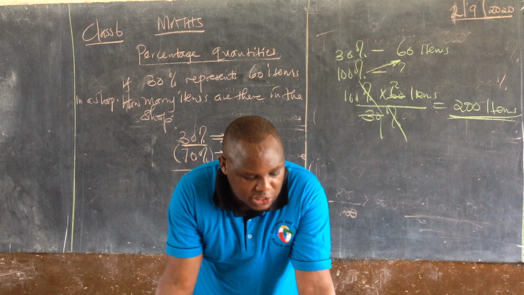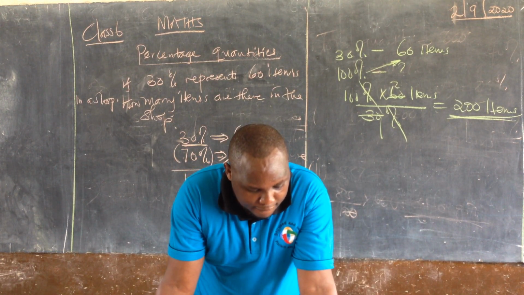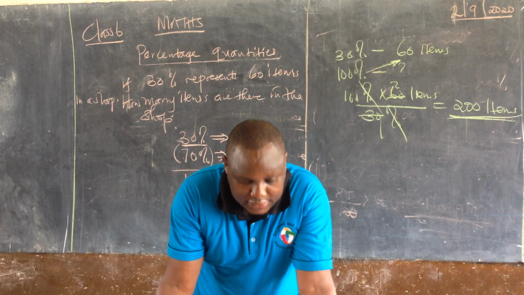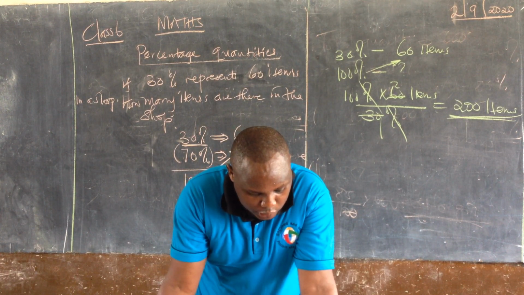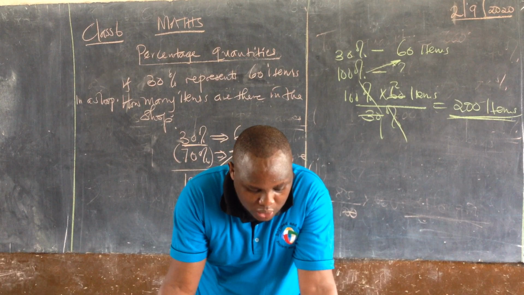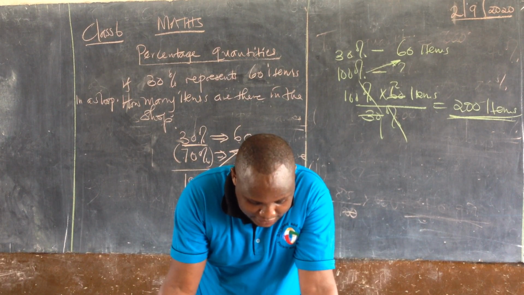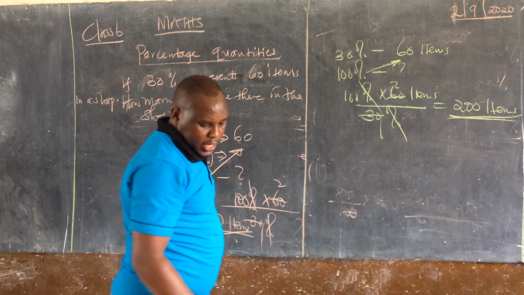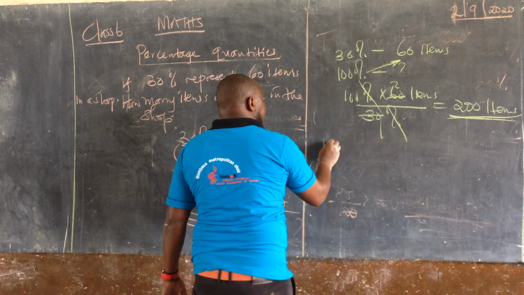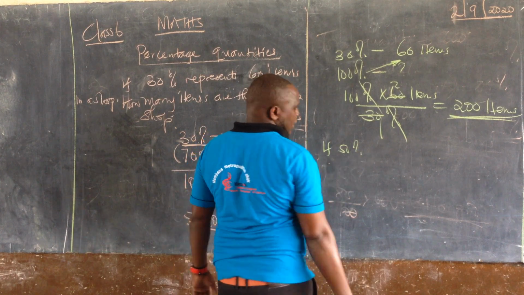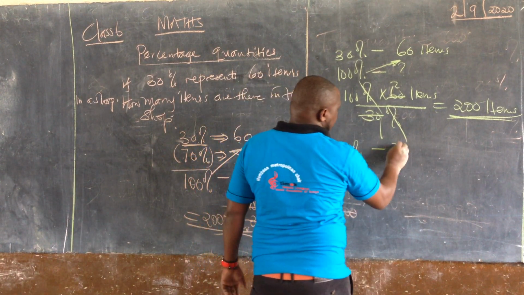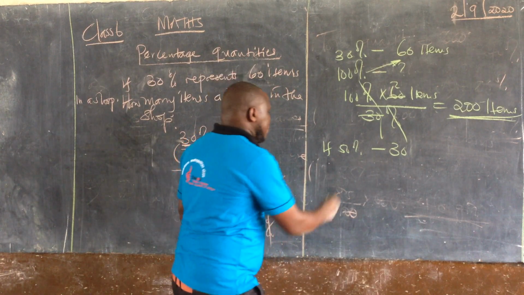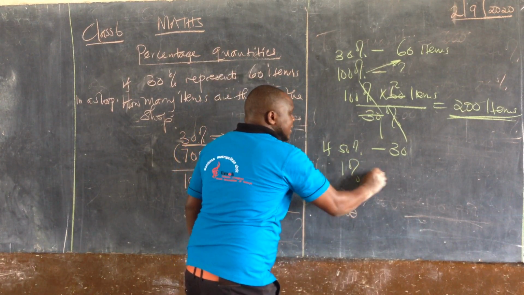So you're going to meet such questions in the next exercise that I'm going to give you, where you're told if 50% is 30, what is 1%? Let's see, if I want to give you another one: if 50% is 30 items, what about 1%? So 1% is going to be